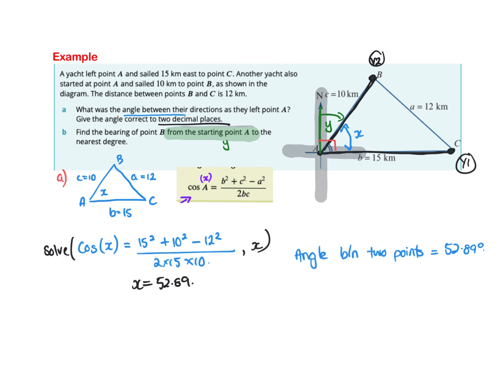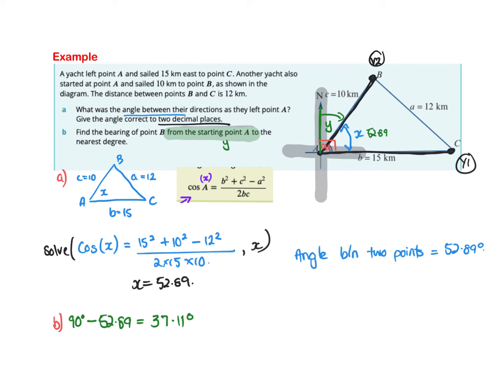So what's between north and east? How many degrees? 90. So for part B, can we say 90 degrees minus the 52.89? What would that equal? 37.11